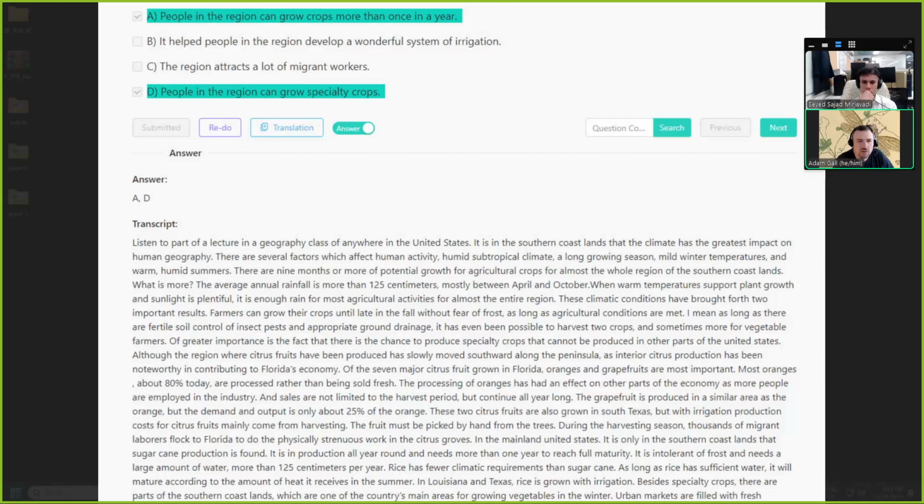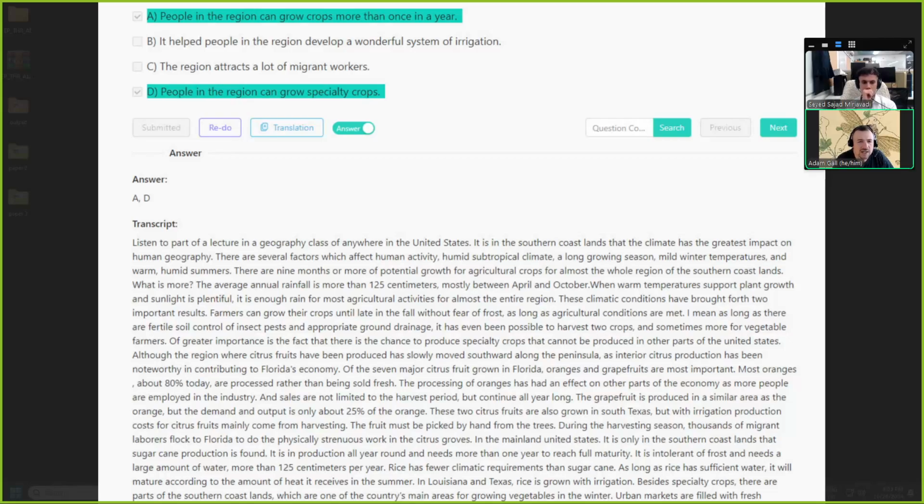So a long growing season is already implying point A, because if it's a long growing season, you might get multiple crops. There are 9 months or more of potential growth for agricultural crops for almost the whole region of the southern coastlands. What is more, the average annual rainfall is more than 125 centimeters, mostly between April and October. When warm temperatures support plant growth and sunlight is plentiful, there is enough rain for more agricultural activities for almost